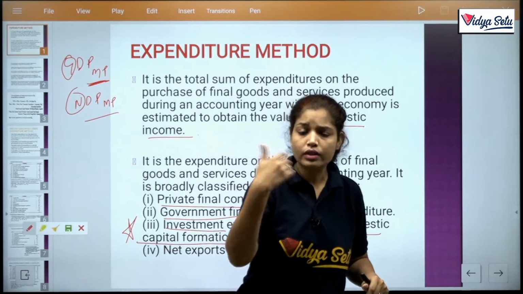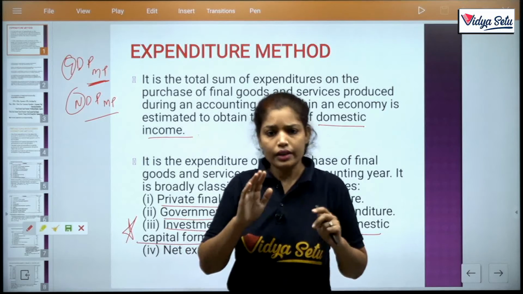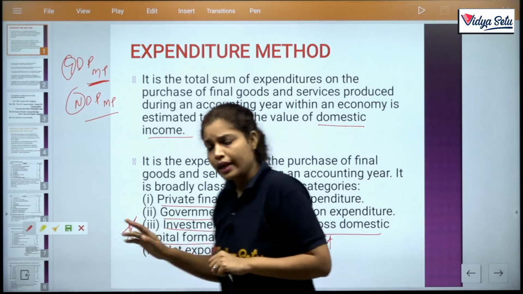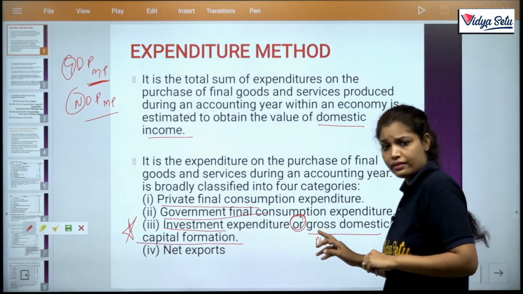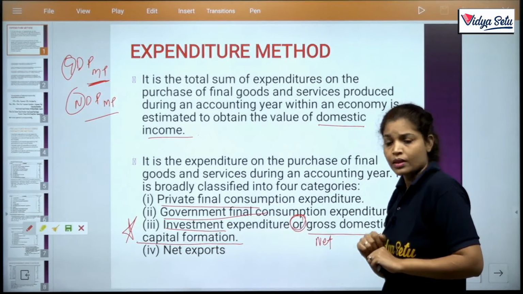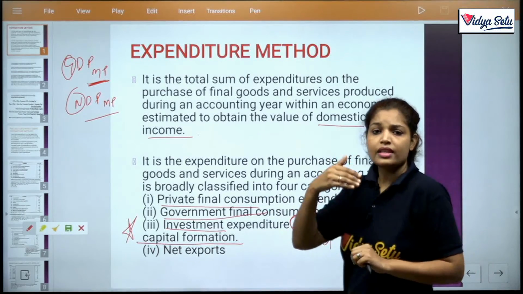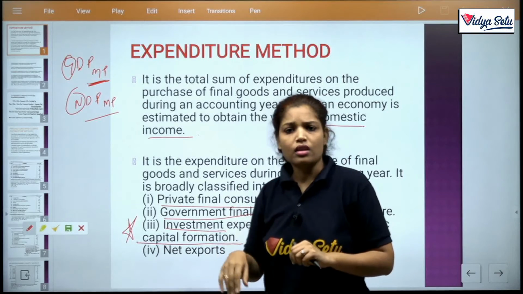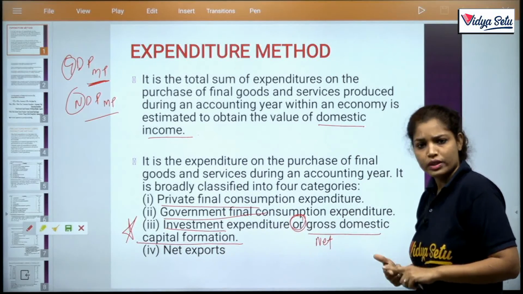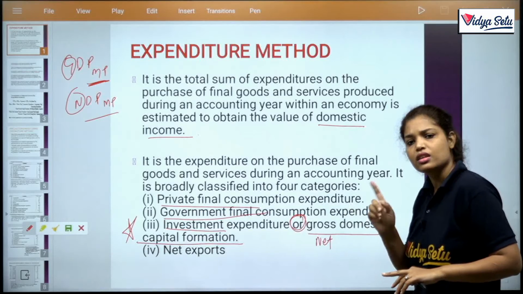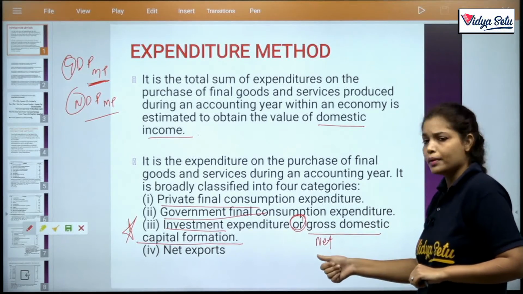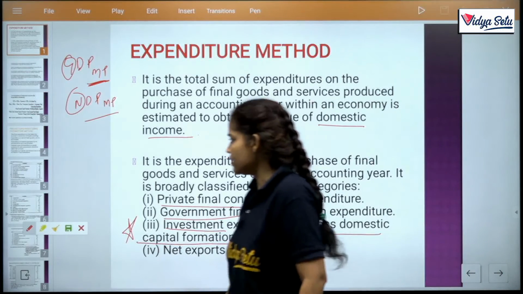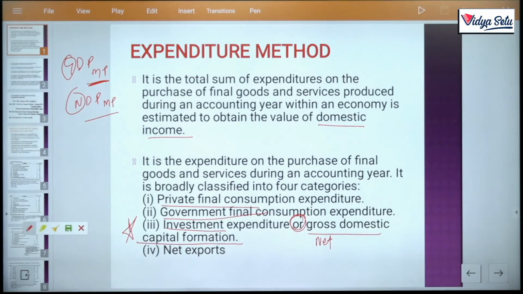So clearly set in your mind what the examiner has asked. Clear? If the question asks about GDP-MP and the net domestic capital formation is given, then you have to add depreciation. But if the examiner asks about NDP-MP and GDP-MP is given, then you have to deduct depreciation. If there is no GDP-MP and only net domestic capital formation, then you use it as it is. Clear? We will try this when we solve the questions also.